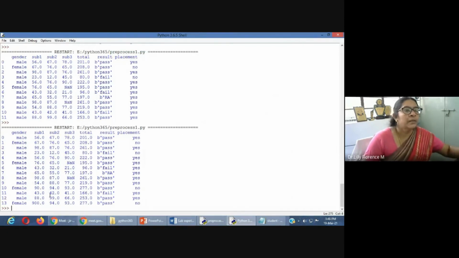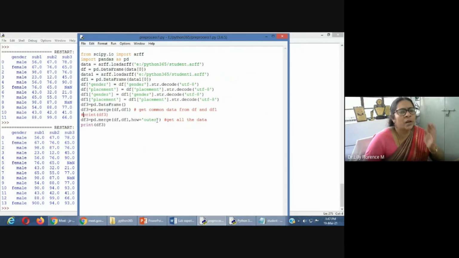See here, we got only the common data between two files. But here, whatever data we have in either file, together we got as the output here. So more than that you are getting here. So based on your analysis, you can select what type of merge you want to take place. So accordingly, you can select. Even in merge, still more methods are there. A lot of attributes are also there. This is application specific. So based on your application, you can select the attributes. So this is the second step in data pre-processing.